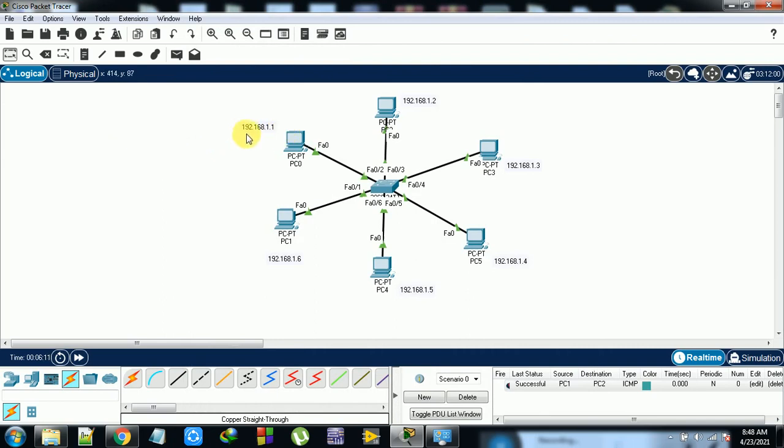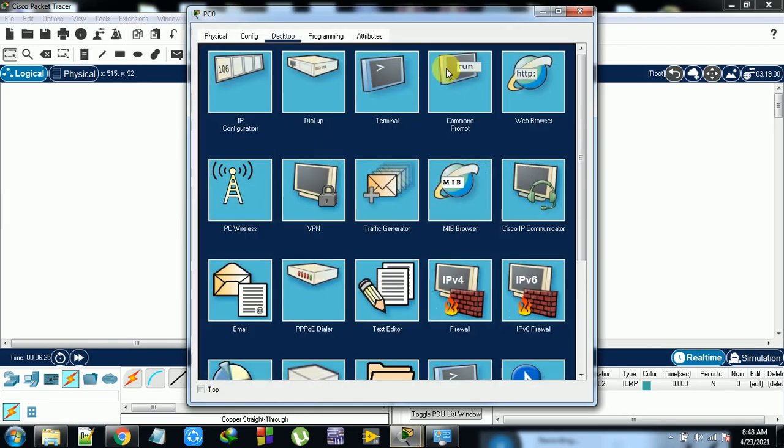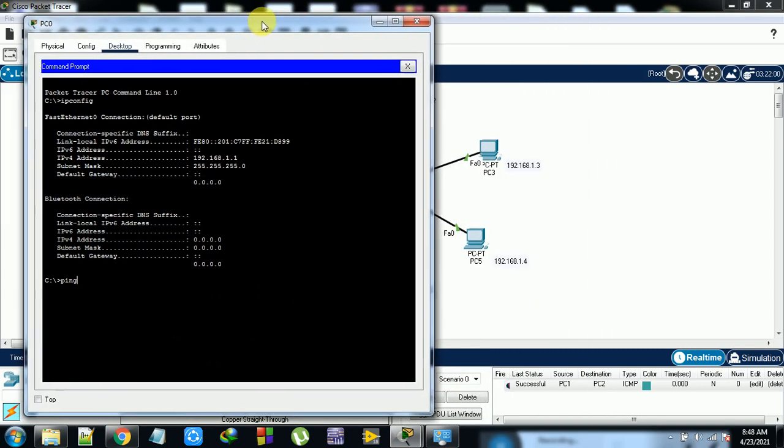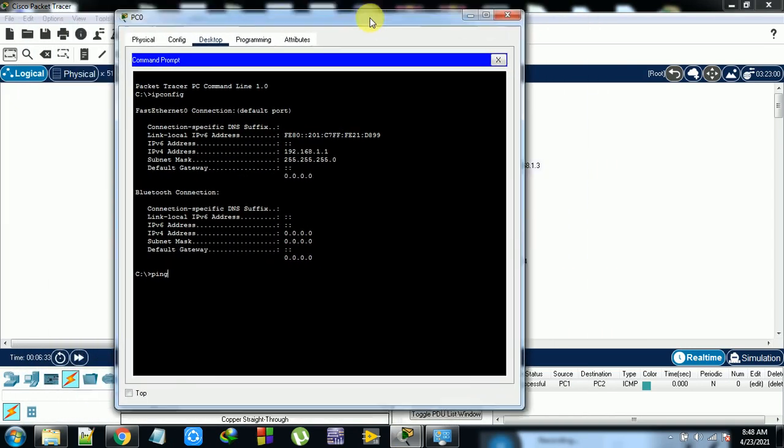Now, without sending any information, I want to see whether 192.168.1.1, that is PC0, is configured with PC3 or not. To check that, use ping. What is the address of PC3? PC3 address is 192.168.1.3.